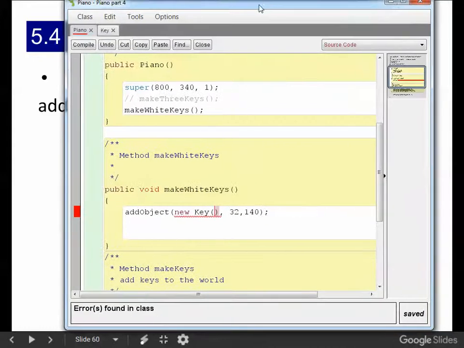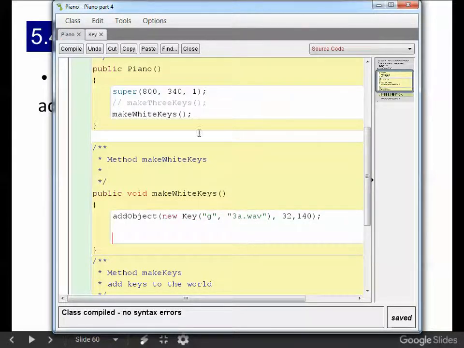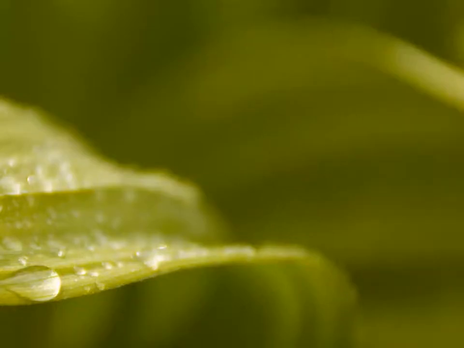So what we're going to do is we're going to go back to the piano. We're going to go to our new method we just wrote called make white keys. And right here, we're going to press Control V. We're going to send it the key and the sound, and now it's quite happy. Okay, and if we look at it over here,